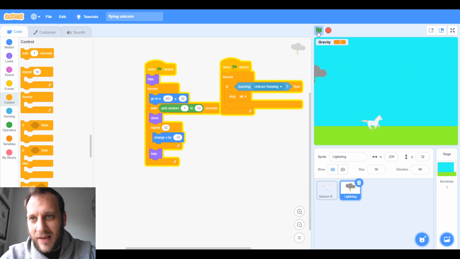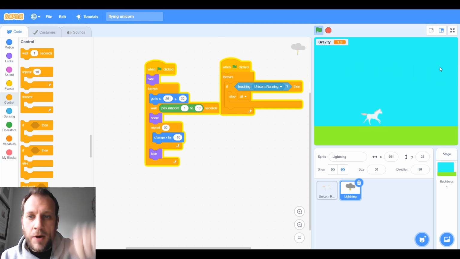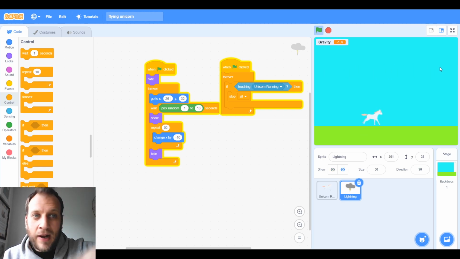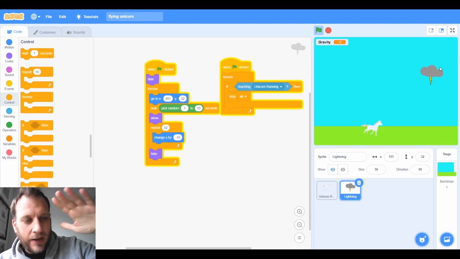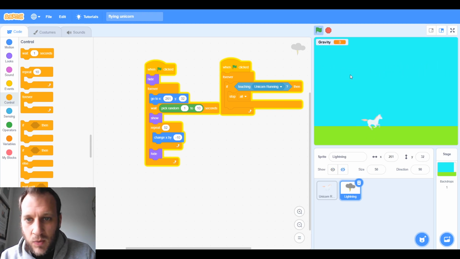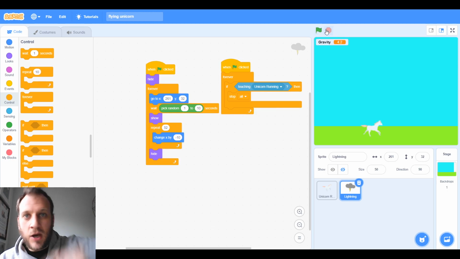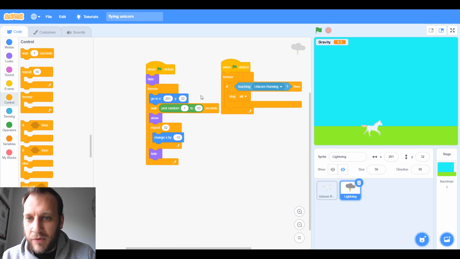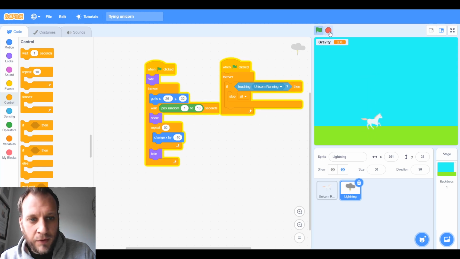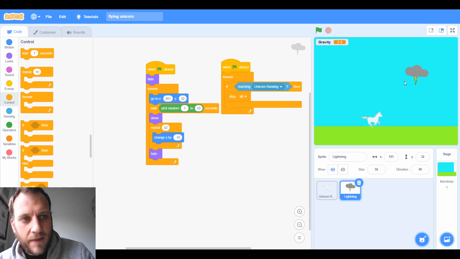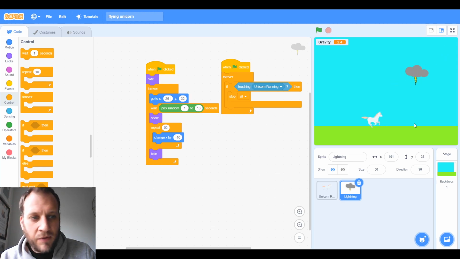So the problem is it keeps appearing at the same height. It keeps appearing from here. So we want to be able to randomize what level that cloud's at. Could be a very low cloud, could be a very high cloud. Let's randomize its y coordinate. So remember, y is the up and down coordinate. And at the moment, we've got it set to 32, which is where it always appears on the screen. So it's there, that's 32 there, that's 32, but we've got a range here. The bottom of the screen